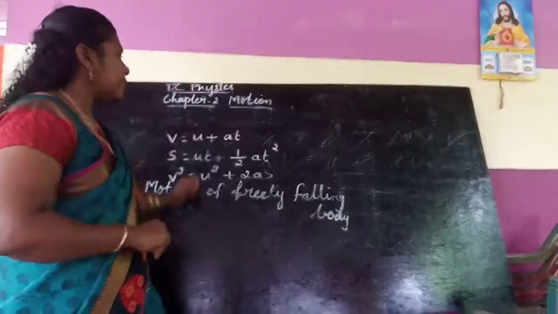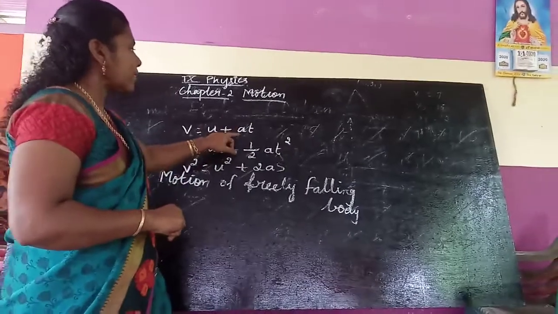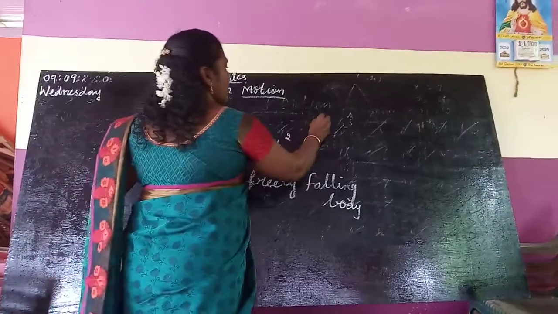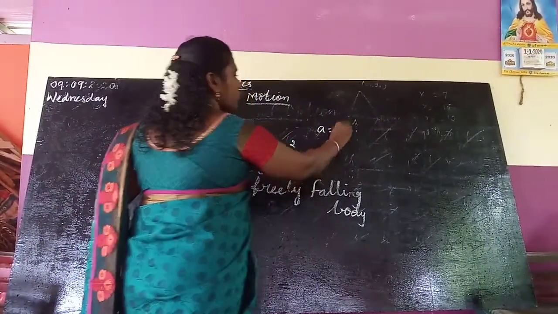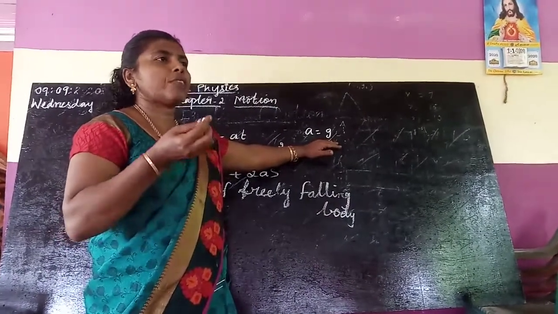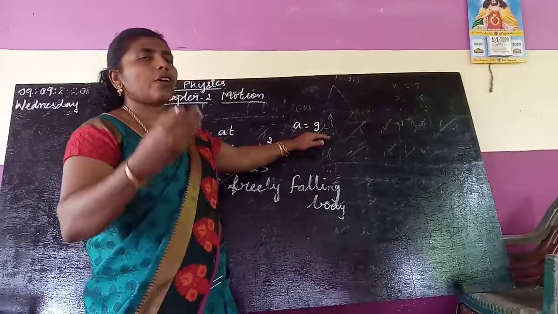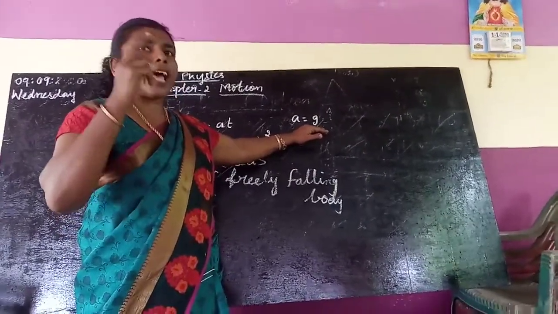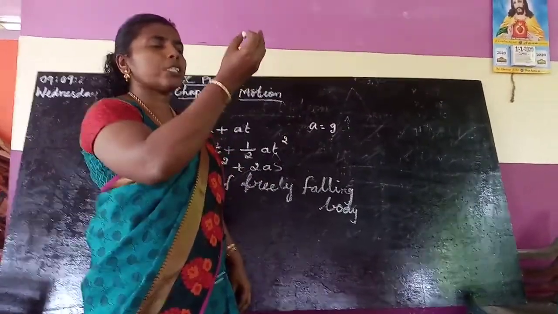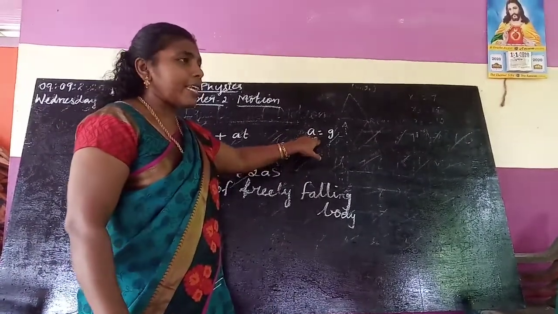So, we can see this equation. Already we have learned this equation. Instead of A, what did I tell? Acceleration. Instead of A, we have to write G. What is G? G means acceleration due to gravity. Any object we throw upward will fall on the ground. What is the reason? Because of the acceleration due to gravity. Because of the gravitational pull, all objects are attracted towards the earth. So, we have to write A equal to